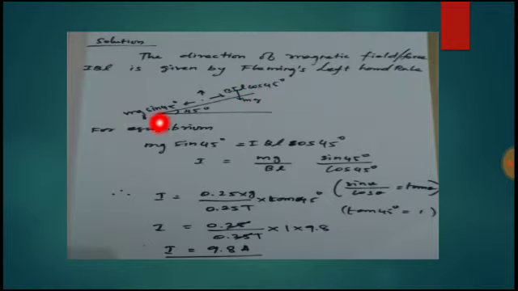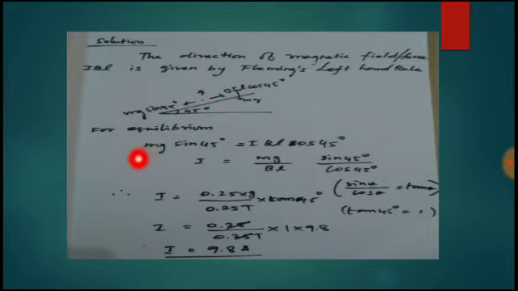Upward force, downward force. This is the downward force due to gravitation, that's why mg. And here the upward force, which force? Magnetic Lorentz force, that's why BIL cos theta. Cos theta here, 45 degree. Okay, both are in equilibrium. Suppose the object is at rest on the slope, then for equilibrium, both